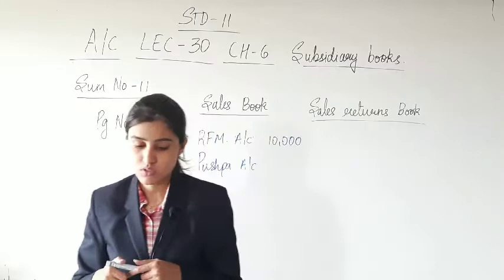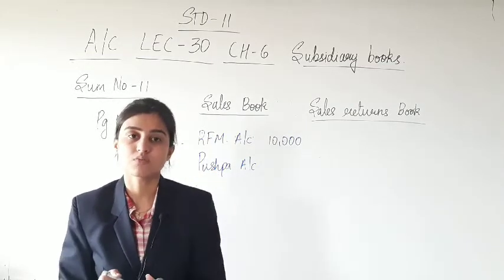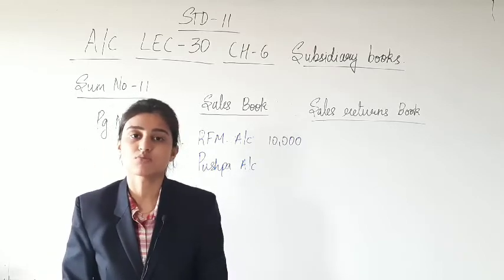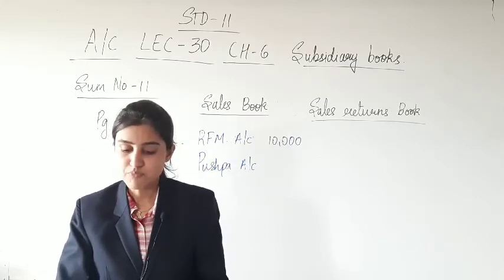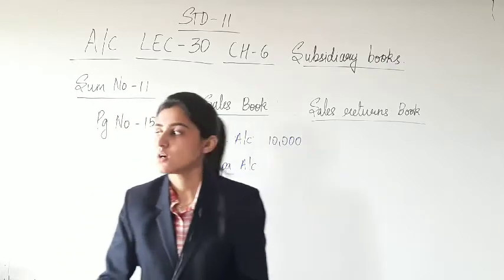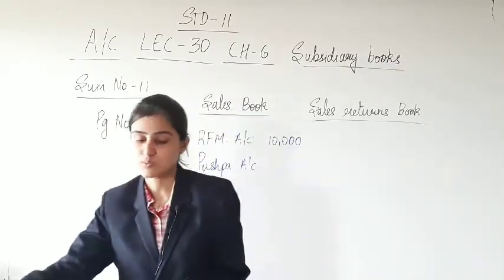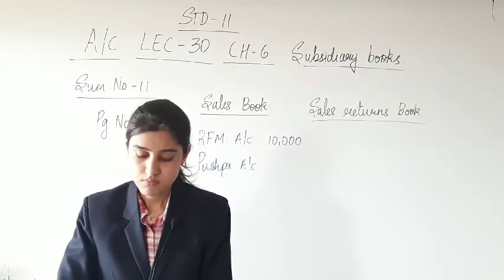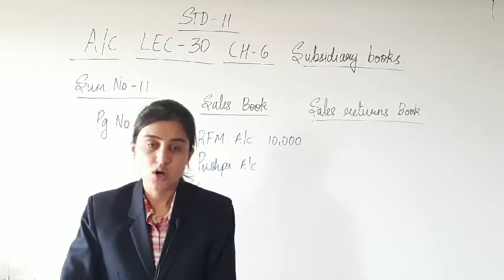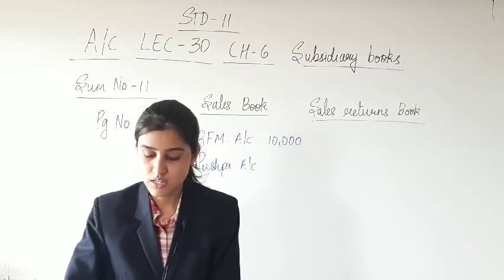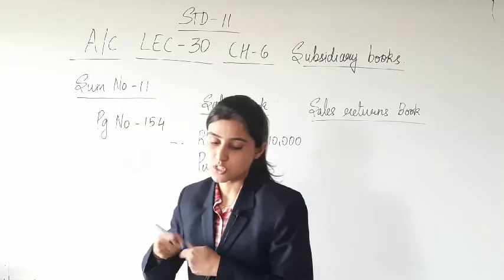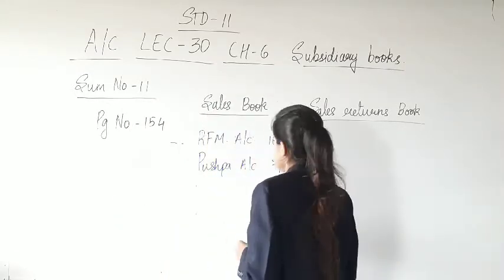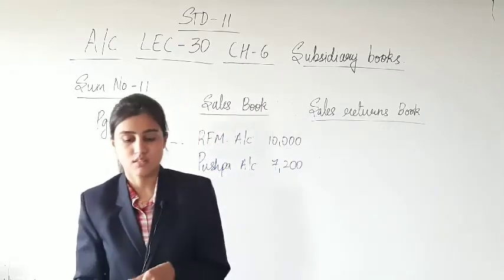Talking about the amount, 10% of 8,000 trade discount is 800, so the net amount is 7,200. 5% cash discount is not to be considered while recording the transactions in subsidiary books. So 5% cash discount will not be recorded, and the labor charge, of course, is again not considered. So the net amount of goods to be recorded in the subsidiary books is 7,200 after deducting 10% trade discount from 8,000.